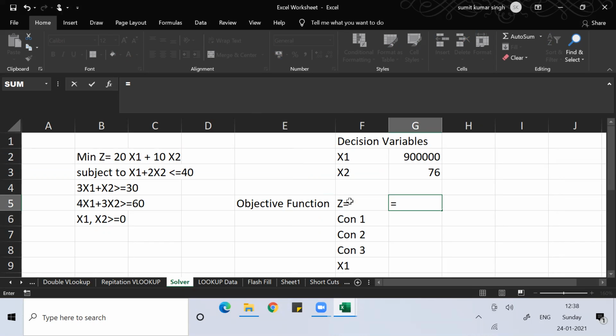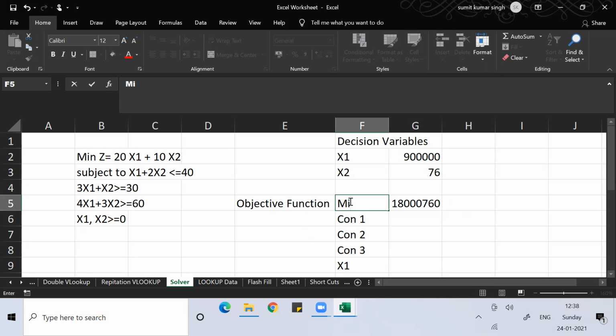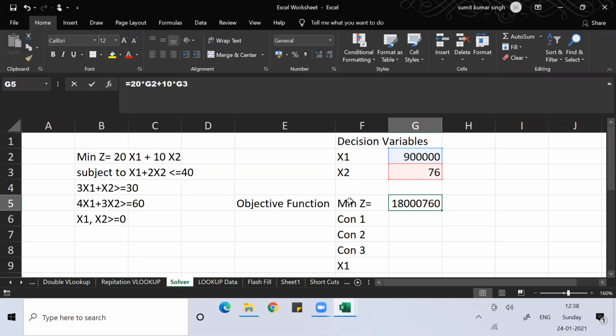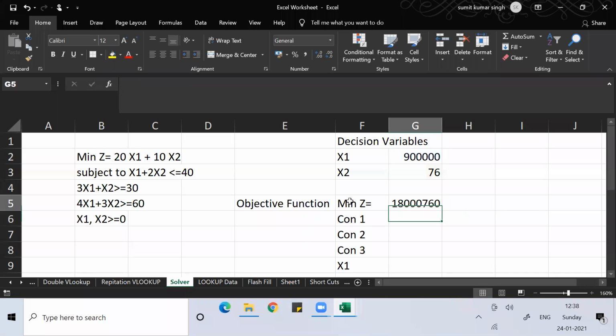So you put the equal to sign. The objective function is to minimize z, which is equal to 20x1 plus 10x2. You press OK, and you have this objective function: minimum of z is 20x1 plus 10x2.